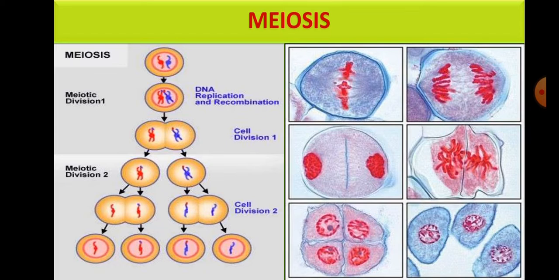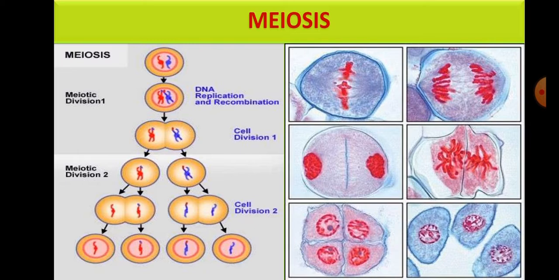So in this case, these 2 daughter cells formed as a result of the first division, which is very similar to what happened in mitosis, are now going to go through the same process a second time. This just doesn't stop here. This goes on again. Now these 2 red strands on either side get separated. Similarly, the blue strands are also getting separated, and they are separating into 2 cells each, forming 4 different